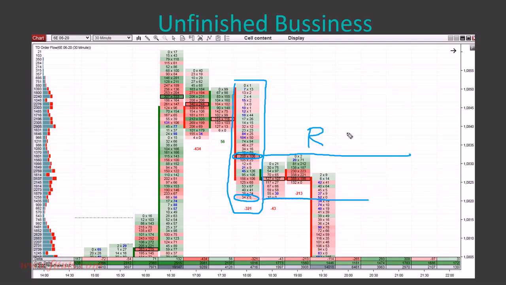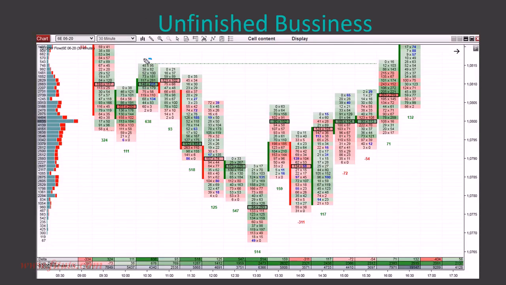So this should push you over the edge and tell you that you should go short from this high volume node. Enter a short, and in this case I wouldn't really quit it one tick below the unfinished business. I would hold it because of the selling imbalances. This is strong selling pressure pushing the price aggressively downwards. So I would hold the trade, alright? I would hold the short.